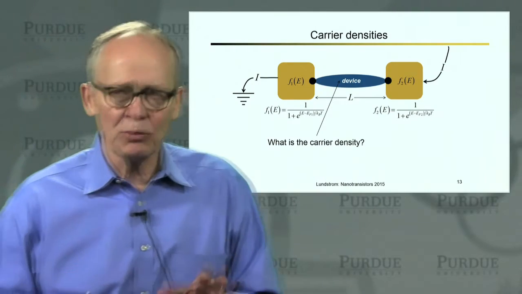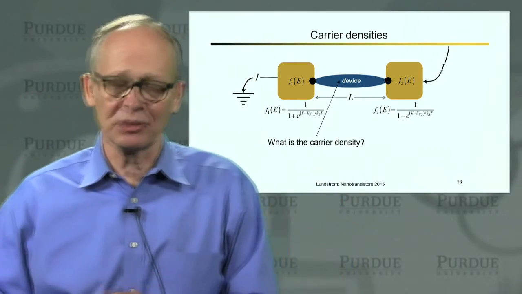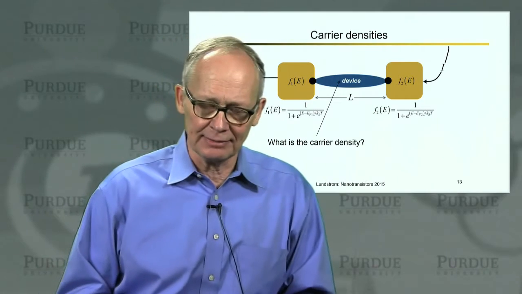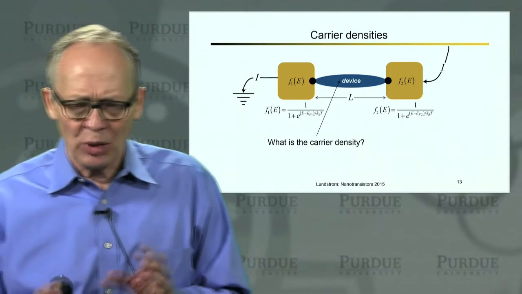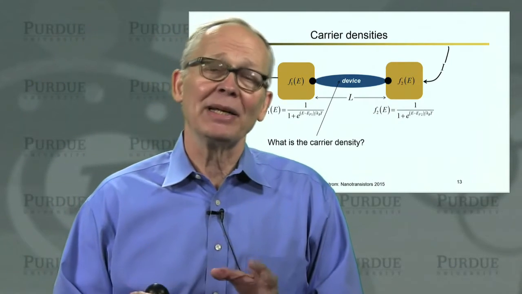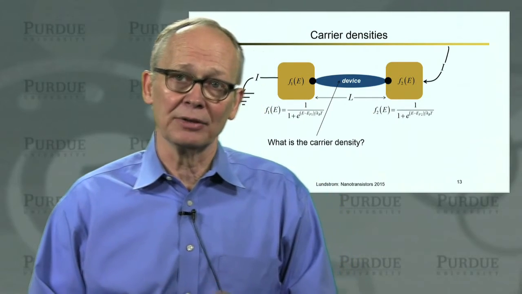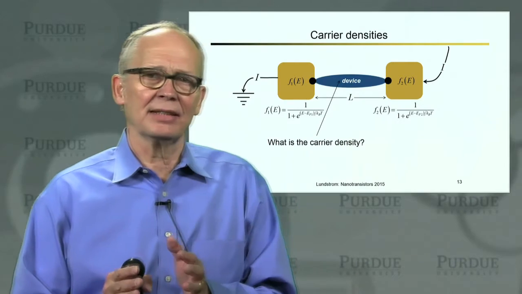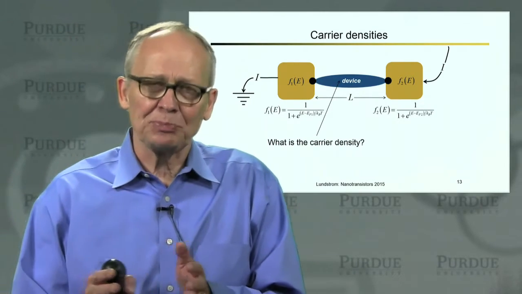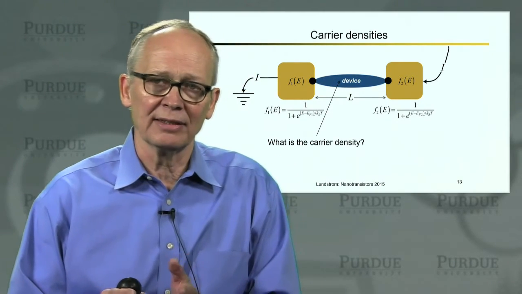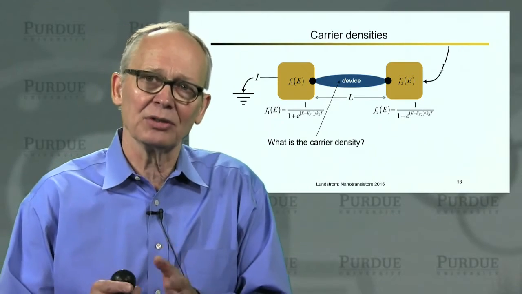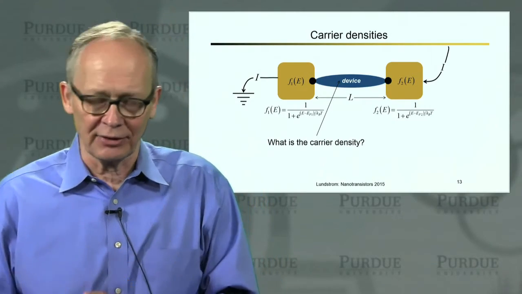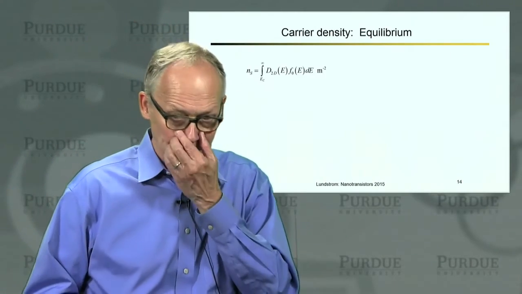Now we're going to need one more thing, and then we'll be able to do some calculations and dive in and get some results. We might also ask, now, how many electrons are there in this nano device? We're going to need to know that as well. Now, we're thinking of this device as very small. We're not spatially resolving anything within the device. We're just assuming it's a small device, and we want to know the number of carriers in that device.